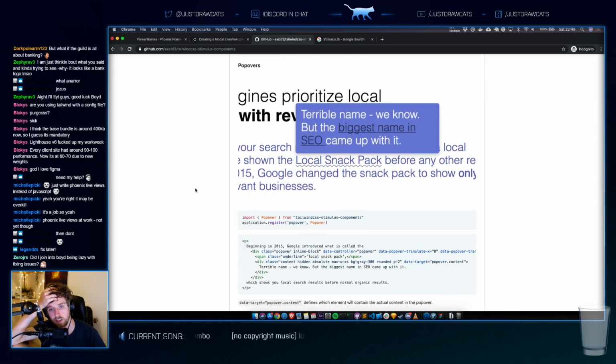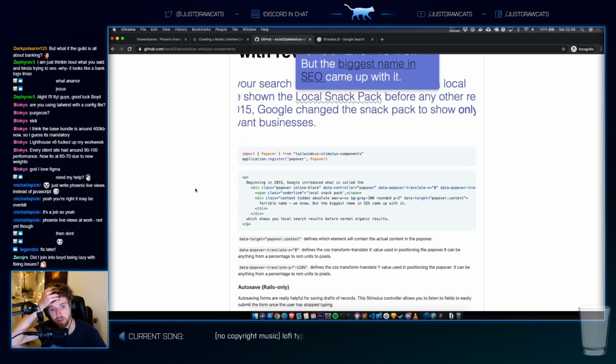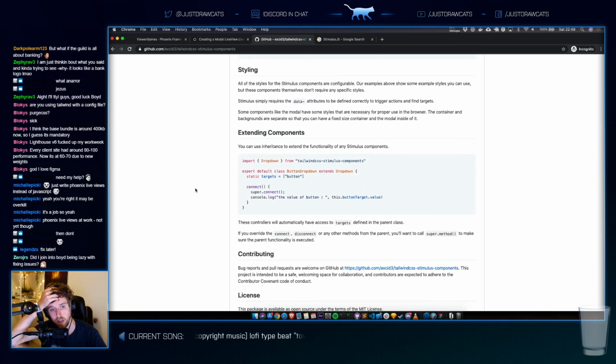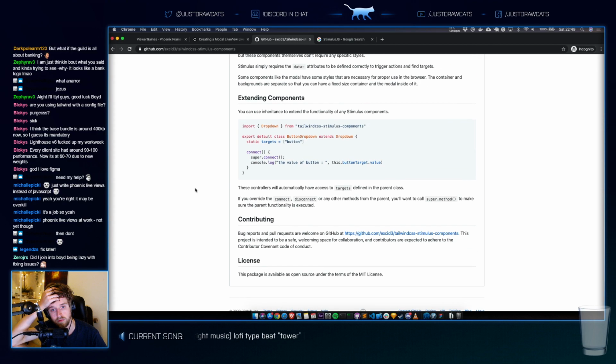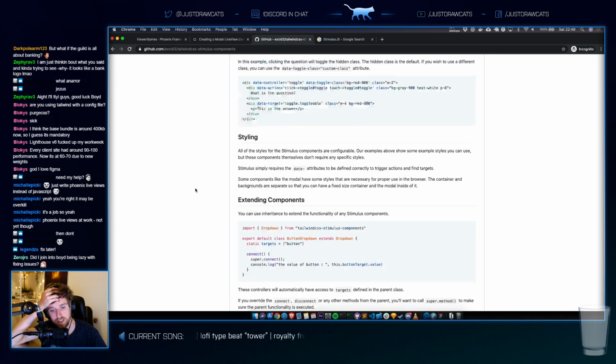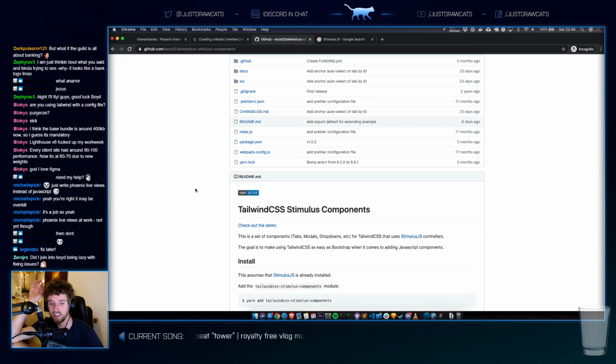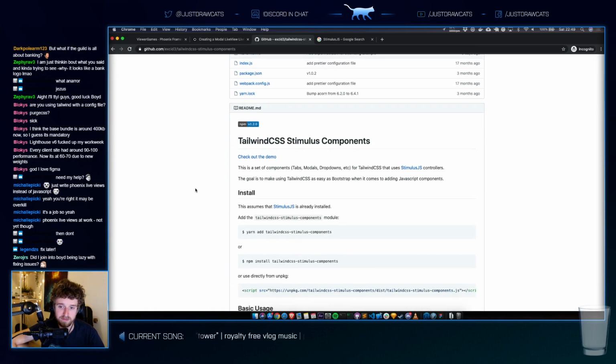Because in theory, that's literally what you need 90% of the time. You don't need some crazy UI. It would be a cool experiment though, using stimulus. It's something that I wanted to try anyways.